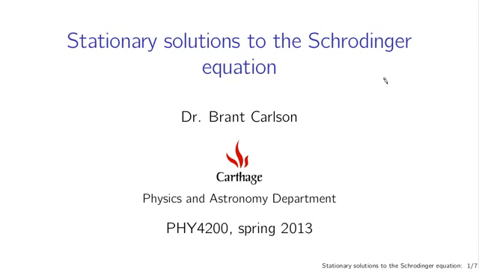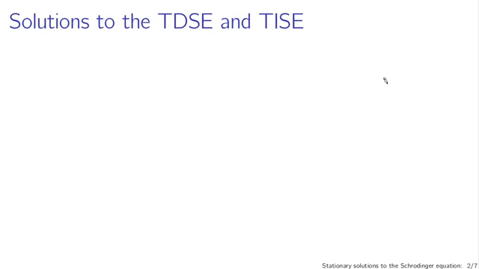So we're still moving toward solutions to the Schrodinger equation. And the topic of this lecture is what you get from separation of variables and the sorts of properties it has. To recap what we talked about last time, the Schrodinger equation, i h bar partial derivative of psi with respect